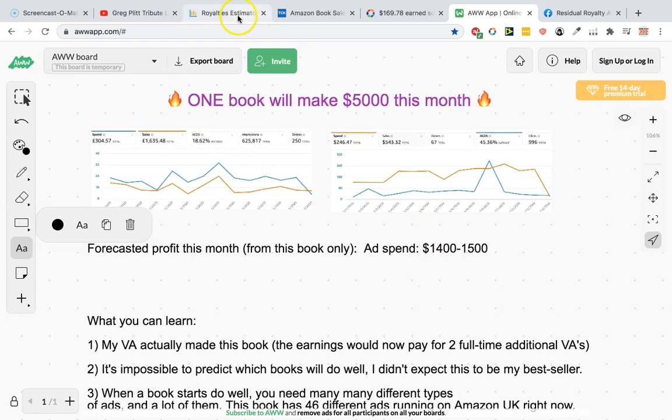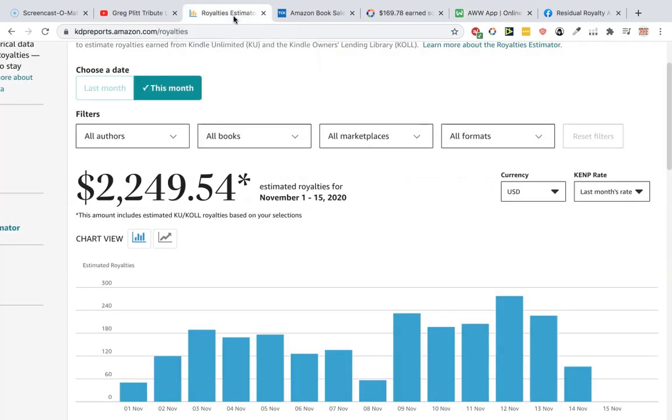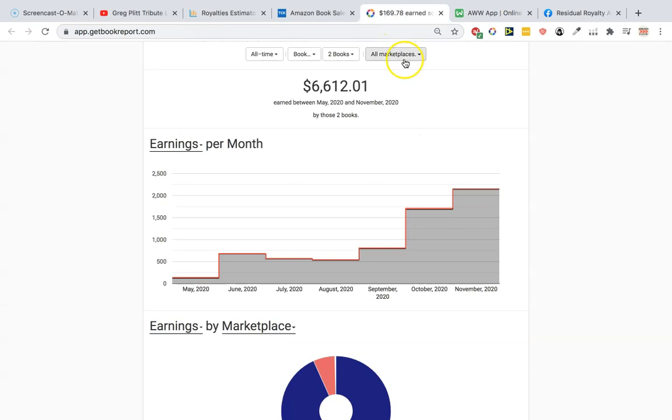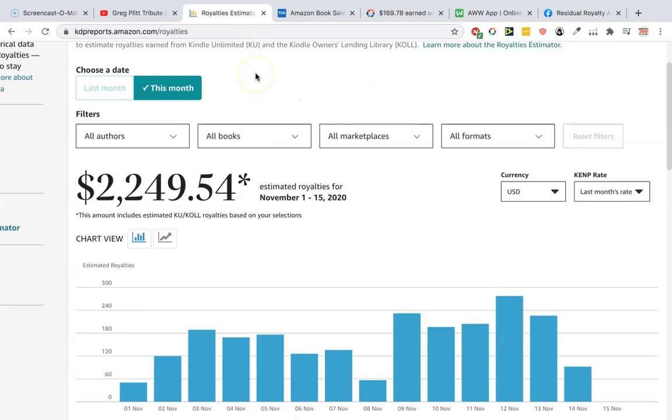But you can see the royalties now. If I go on to here, we have selected only one book, and I can prove that if I do this. You can see I've selected only 2 books, the Kindle version and the paperback version. You can see this month it's already on 2152 there. It's not quite accurate, but on here we've got $2249. So if we multiply that out by 2, that's going to come to something like